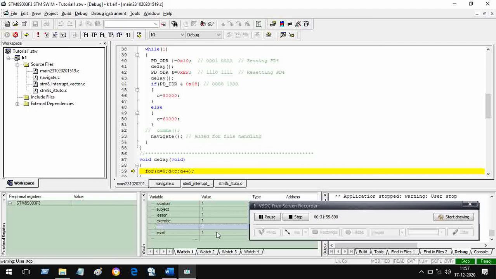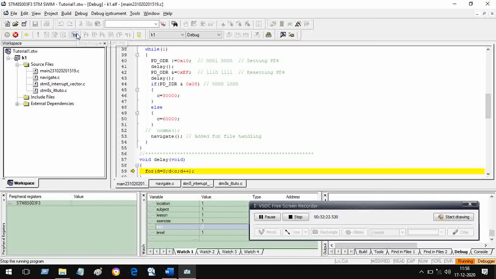To shift the level you need accept or the up key. If you press accept, then if you are at 1 you will go to 2, if you are at 2 you will go to 3, if you are at 3 nothing will happen. If you press the up key, which is key number 4, if you are at 3 you will go to 2, if you are at 2 you will go to 1, if you are at 1 nothing will happen, you will stay at that level.